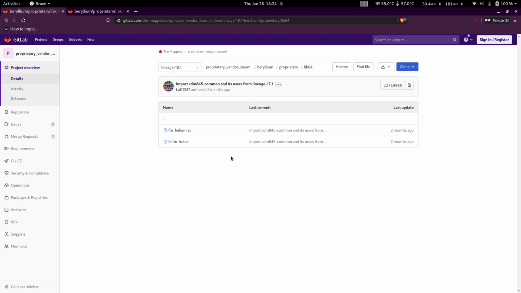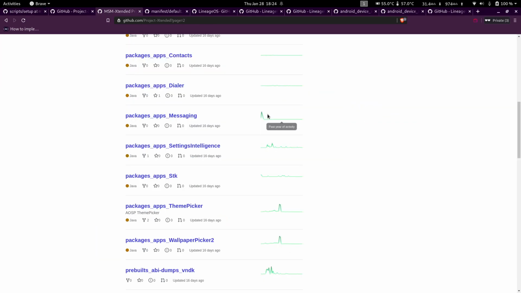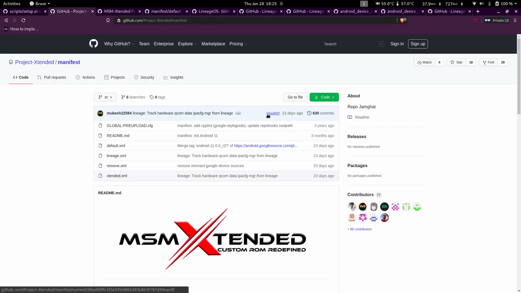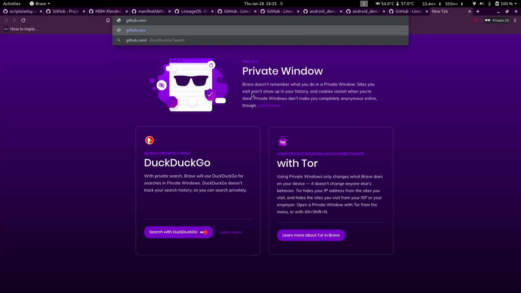So once you have your common trees, device trees, kernel trees and vendor trees synced, you have to adapt those trees. So like I said, every ROM is slightly different. You will have to adapt one ROM's trees to the other ROM's trees. So let's say for example, we take